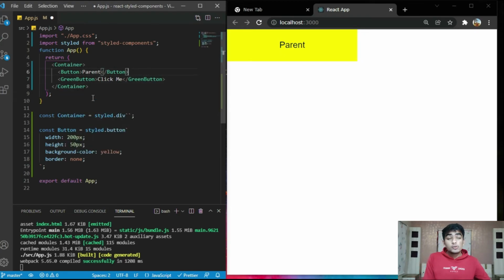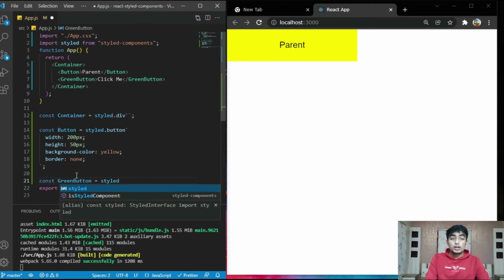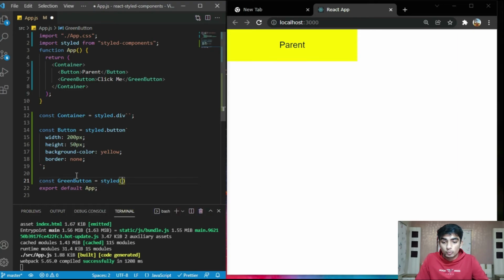Now we are going to inherit this button into this green button. So type const green button, then styled, and to inherit a particular component use parentheses and type button, and then backticks.